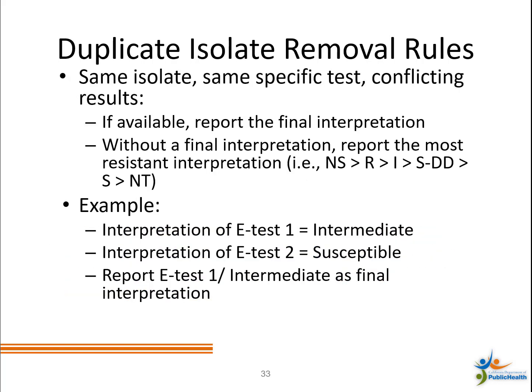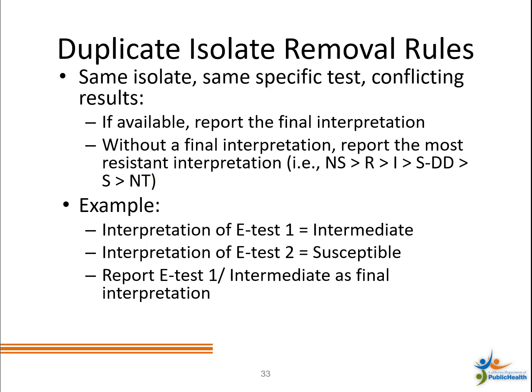In this first case, we have multiple isolates with different results from the same test. When comparing results, check to make sure the results being compared are the lab's final interpretation. A final interpretation will always trump any other result. If there is no final interpretation, then the most resistant result should always be reported. In the order of most to least resistant, the results are not susceptible, resistant, intermediate, susceptible dose-dependent, susceptible, and finally,